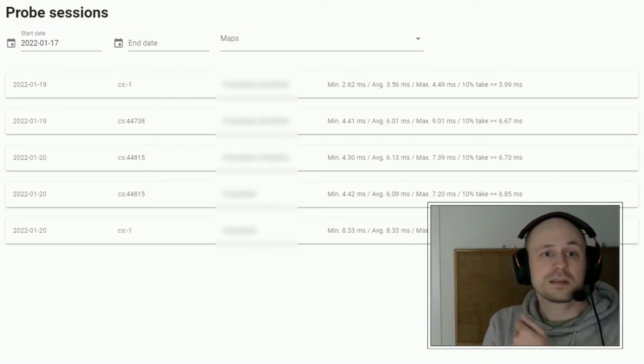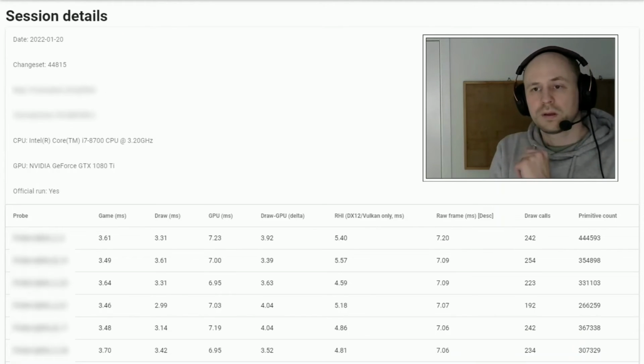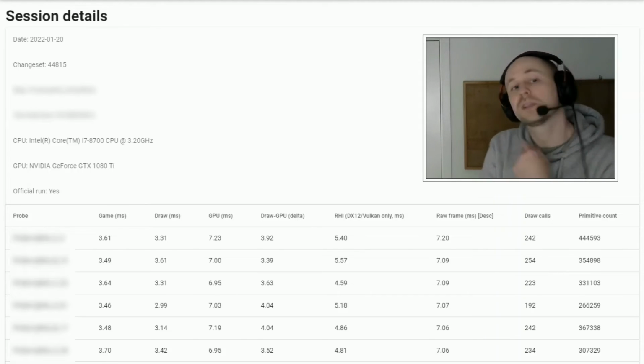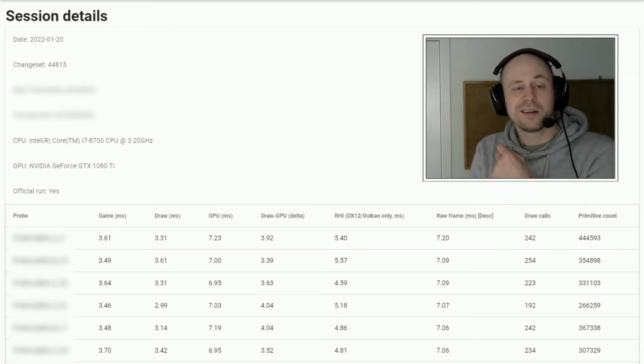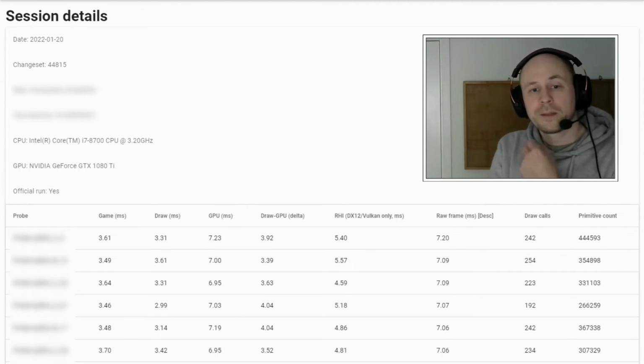Then you pick one of these, and here you have a more detailed view where you can go in and see millisecond figures for specific locations in the game during this measurement session. Now, this may not seem like much, but the big thing that makes this so beneficial to the team and the game development process is that